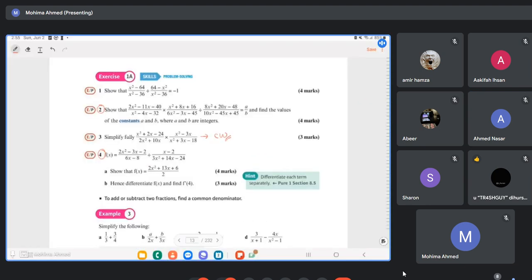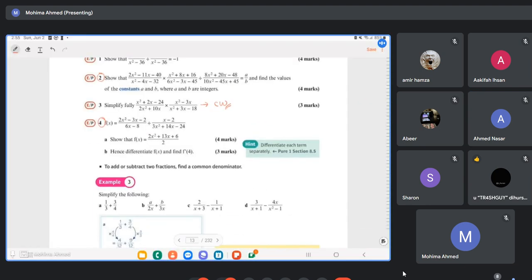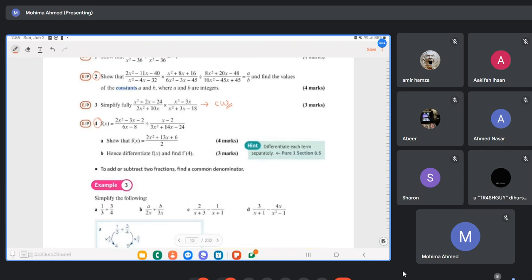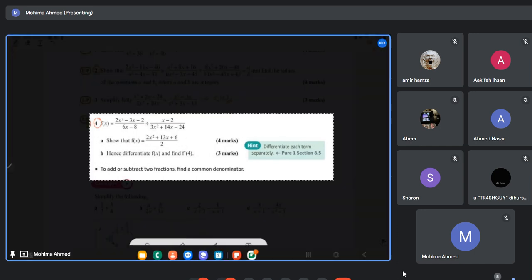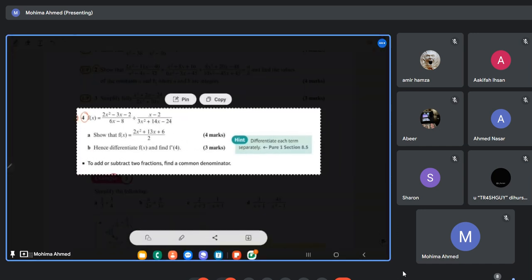Thank you. Now we're going to move to question 4, and after that, question 3 is going to be a little classwork. Question 3 is easy. You can understand that, right? You just have to factorize the 4 quadratic equations and then cancel out whatever you can. Let's start with question 4. I think this is lengthy, so we should do that in class.